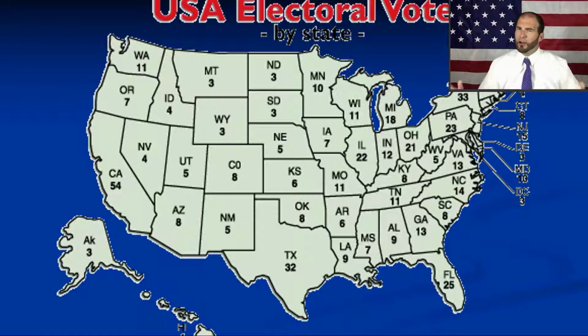All right? There's 535 votes, so the moment you hit 278 votes, because these are the only votes that get counted, not the popular vote, not the vote by the people. When you vote for the president, you're just telling your state which way to cast their vote. Whoever gets the majority in a state gets all the electoral votes. So presidents, when they run for president, aren't very worried about the popular vote. They're not. They got to win more states. Whoever wins the most states, oversimplifying, wins the presidency.